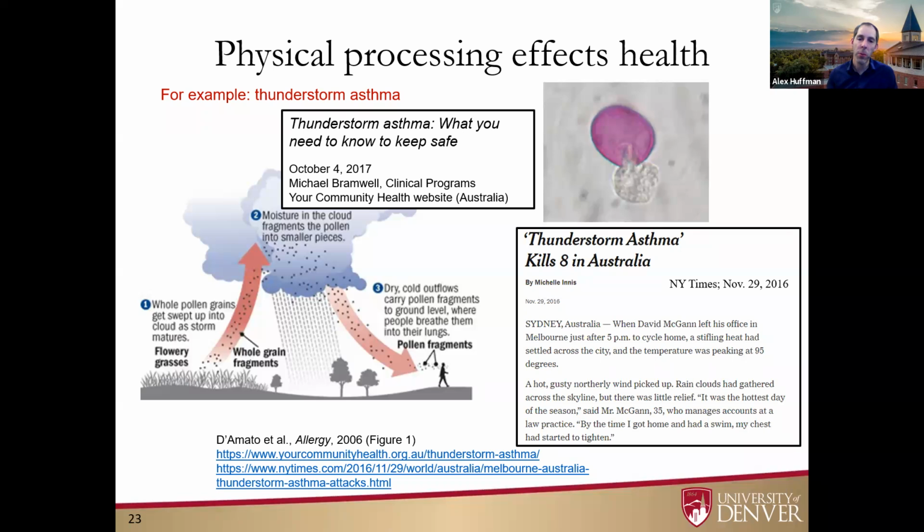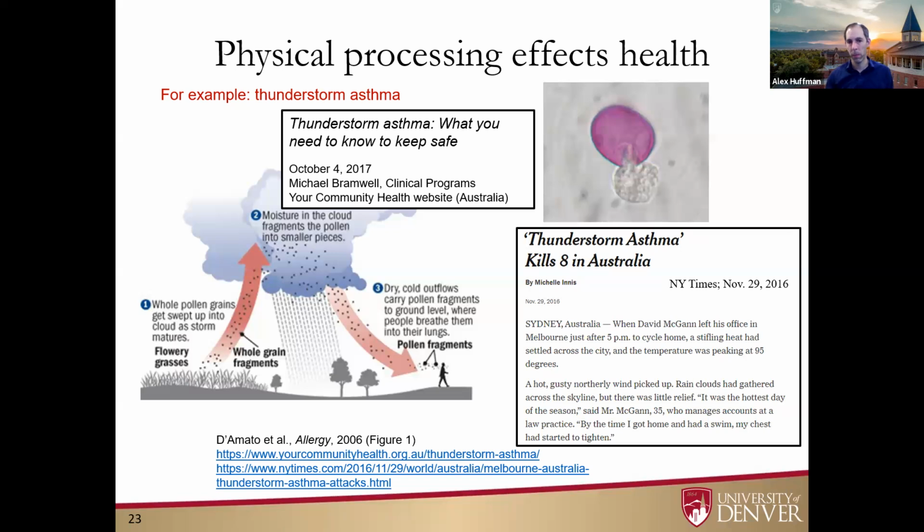And then those ruptured particles, if they're allergenic already, now you take them, and instead of being 100 microns in size, which then as you breathe them in lands in your nose and the back of your throat, if they are now submicron in size, they may have allergenic material. Now you can breathe them deeply into your lungs, and so now it's not a nose allergy, it can actually cause severe respiratory issues. And so the term thunderstorm asthma is important, especially in areas of Australia that see these